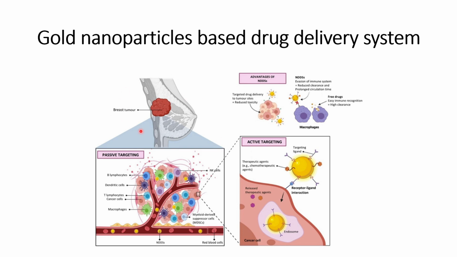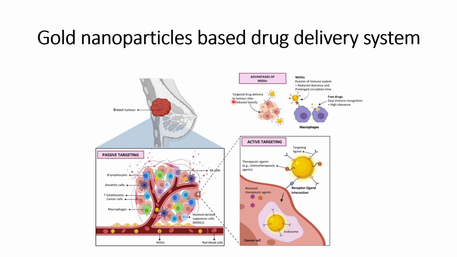So here the breast tumor example has been taken, and one of the advantages that we have discussed several times in our previous videos is that its surface can be modified easily. Another advantage is that since gold is a noble metal, it is less reactive and it can easily be made biocompatible. And once it is biocompatible, and since it is already a non-reactive noble metal, it will have fewer side effects,